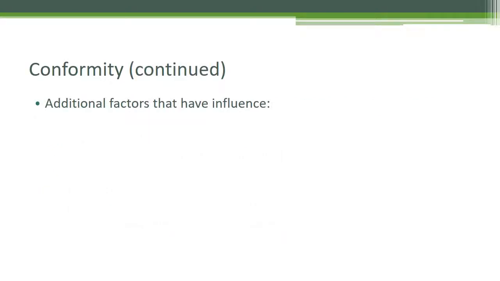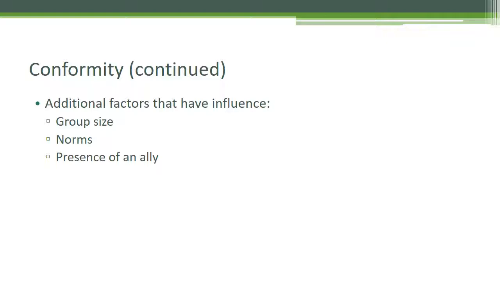Additional factors that have influence include group size. As the group size increases, conformity increases. However, research has found that past the presence of only 3 to 4 others, the conformity increase is minimal. Norms can also increase conformity, but only if they are known and focused upon. The presence of an ally or having a partner in the dissent can influence. It's harder to stand alone than to stand with even one other person, so any dissent can reduce normative pressure